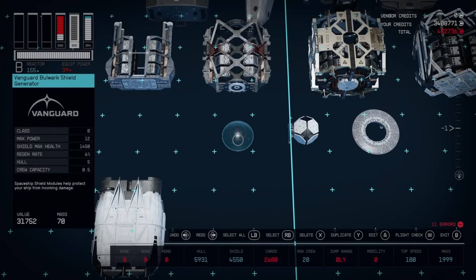Alright, let's move on to shields. Shields are actually quite simple compared to reactors and engines. You always want to fully power your shields. The shield regeneration rate is negligible and you can ignore it, and therefore what you want from your shield choice